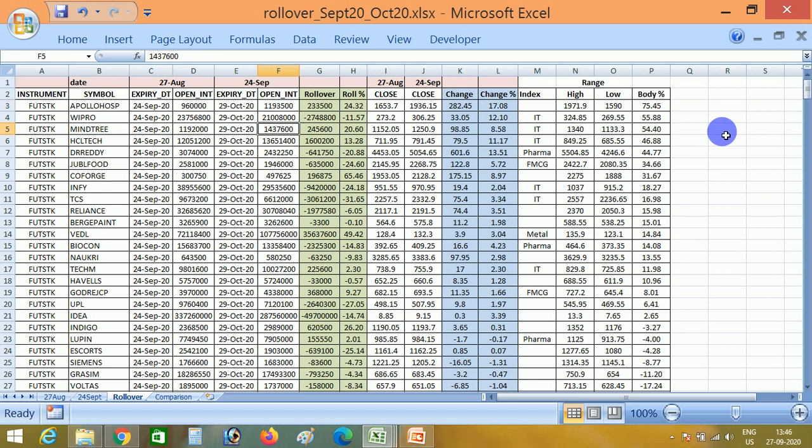So we can also check data for Mindtree, that is 20% increase, change close to close basis 8% and 54%. 54% is something like the mid. So if Mindtree started making more open interest on the weekly basis, on the daily basis, we will conclude that Mindtree will go on the higher side.